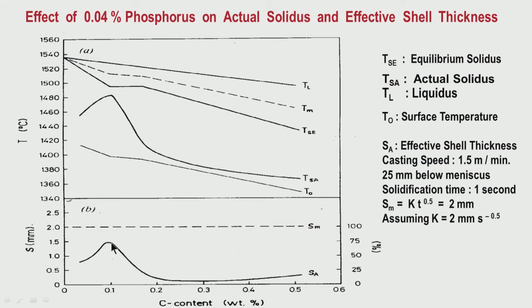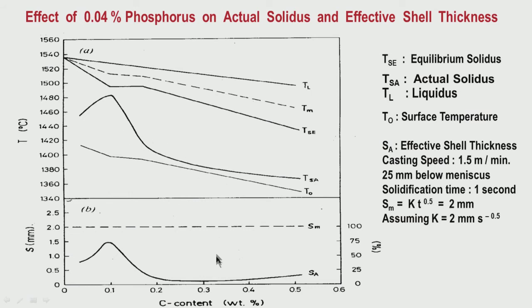So, at 0.1% carbon, that means at the start of the peritectic zone, the extent of microsegregation is less. Because of that, the actual solidus also is depressed relatively less, so the temperature interval for solidification is also relatively less